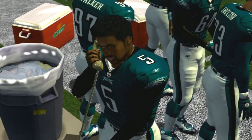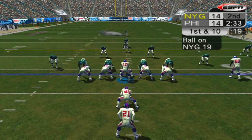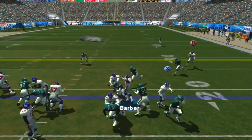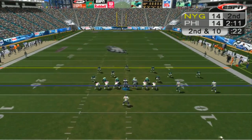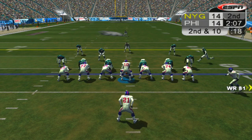McNabb making a collect call on the sidelines. The past 2 drives have been real quick. The passing game has been thriving today. The secondary, not so much. In the I formation, it's a handoff. Barber can't get past the line, barely managing to avoid a negative play. Defense stuffing the run there. They could just run the clock and go to the 2-minute warning. Not a bad idea to give the Eagles as little time as possible